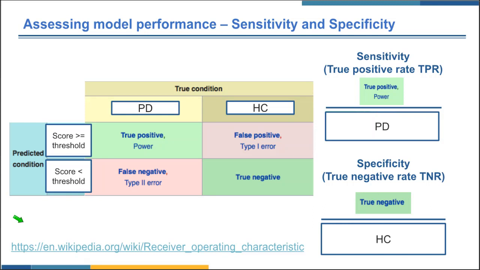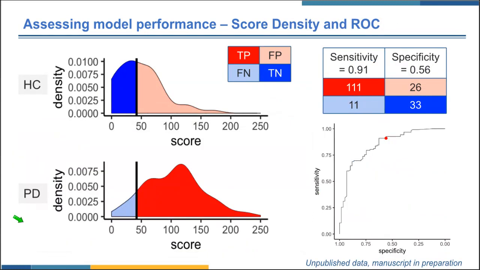But all this is about one particular threshold. And the threshold can change, right? This vertical black bar is a threshold. If we move the threshold from 0 to 205, the model will give you a different set of sensitivity and specificity. So this plot here is for healthy people, and this plot here is for the PD patients. And you can refer to the table here for different colors.